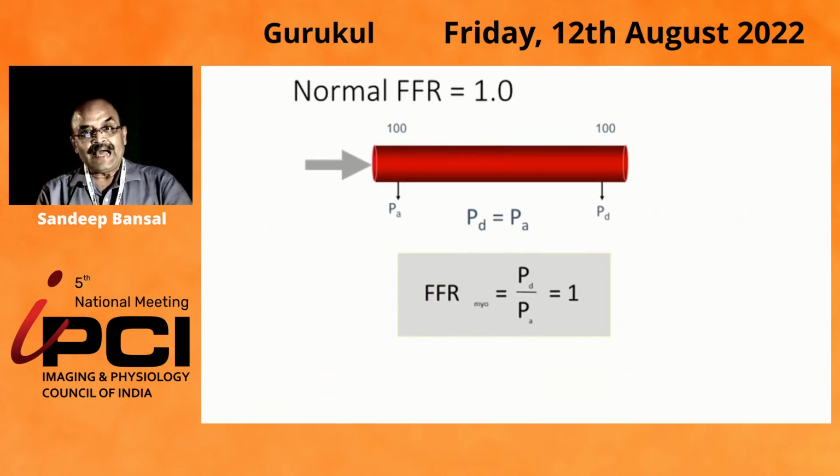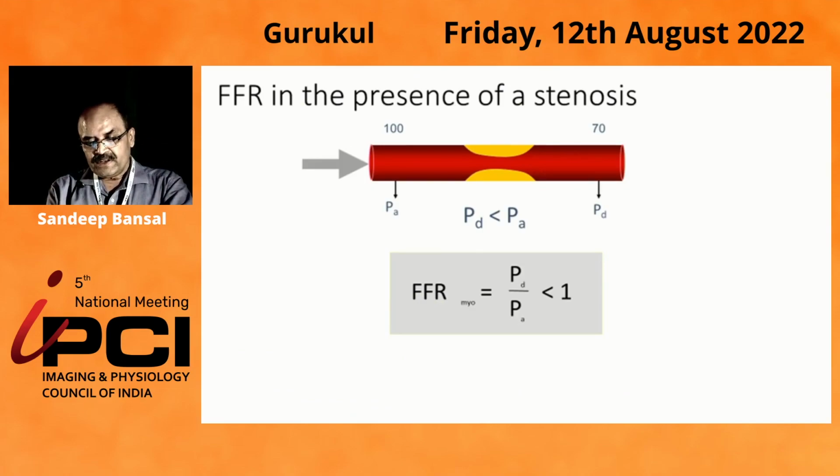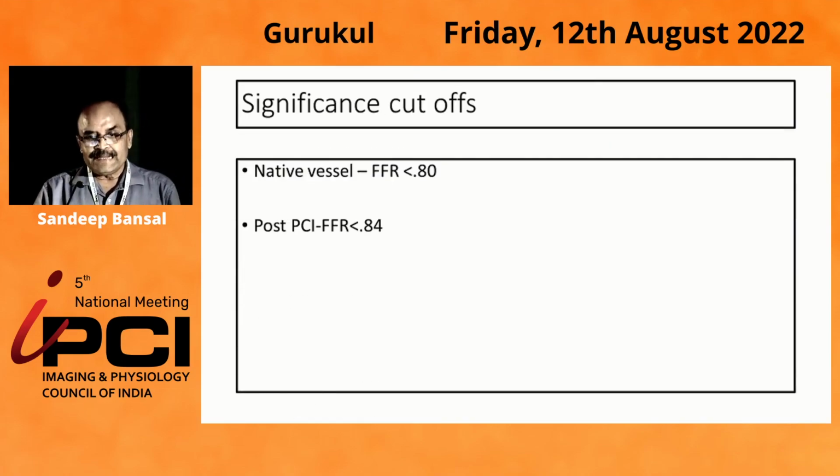We understand that ideally, when there is no resistance across the vessel, the PD/PA ratio should be 1. But when a stenosis is present, that is less than 1. We have also heard in detail why the cutoff value is 0.8. And the second value for FFR is, once you've done the coronary angioplasty, you should ideally do a repeat post-PCI FFR. And if your values are less than 0.9, particularly 0.85, then it is an inadequate procedure and needs to